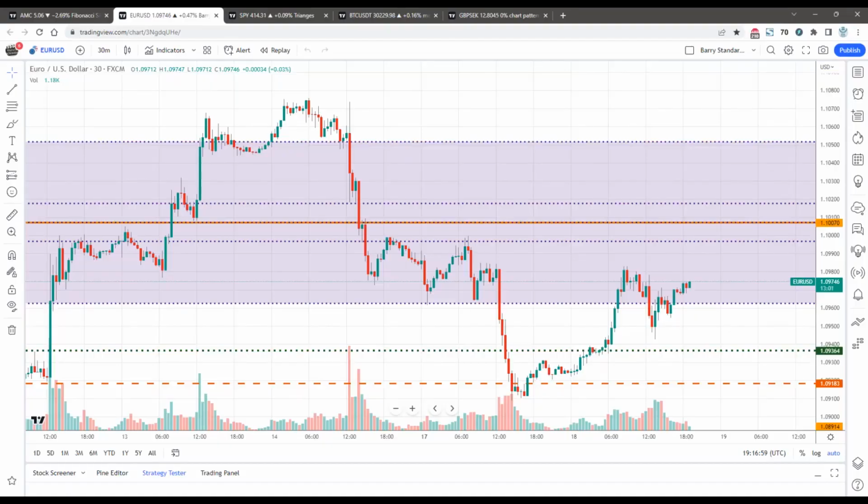Okay. So this is the current live chart for the Euro USD, the 30-minute chart we're looking at. And this is my teaching chart. I haven't picked this asset because I'm making any recommendation. I always teach from this chart. Okay. Now,